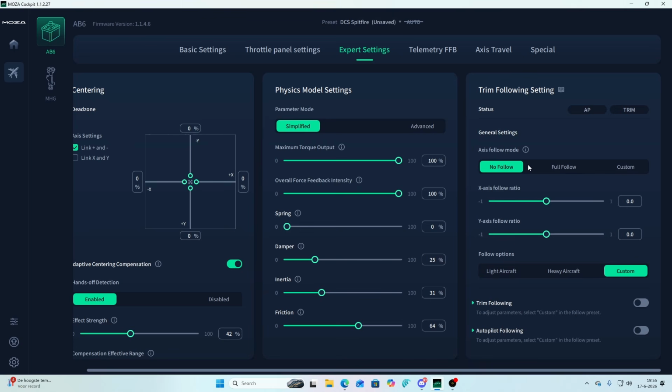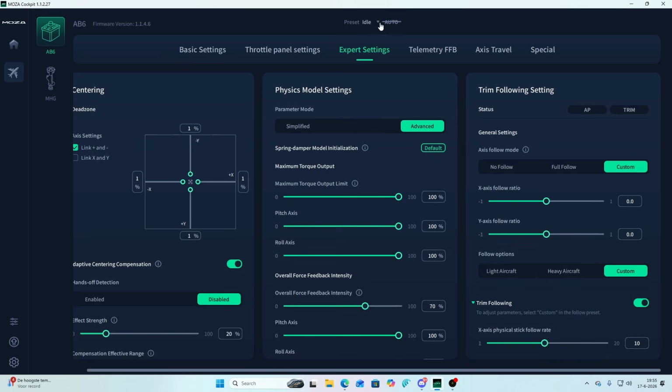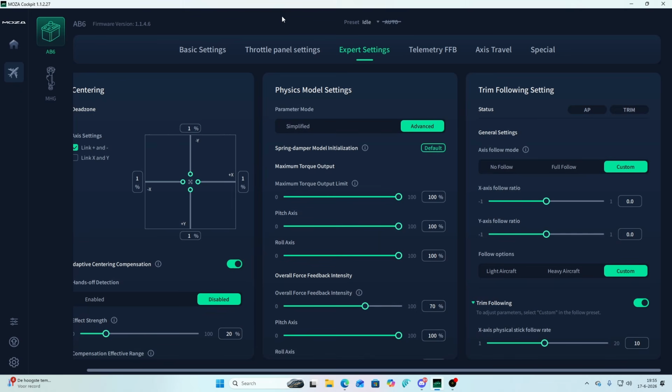You can configure this and make sure that you then save it to your profile, and then it will be automatically applied to your profile. So I can say unload profile sets, and then I can say I want to create a new profile depending on this, and then simply use that option. So this is how you can benefit from multiple configurations for multiple aircraft using this nice tool, the Moza Cockpit